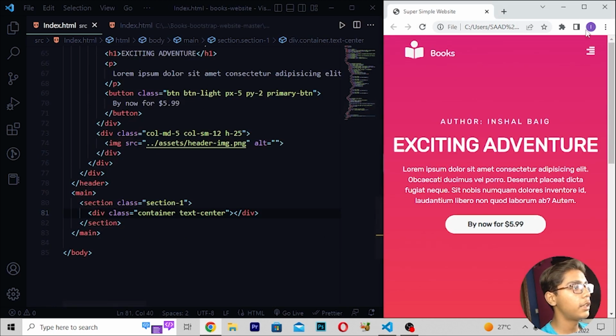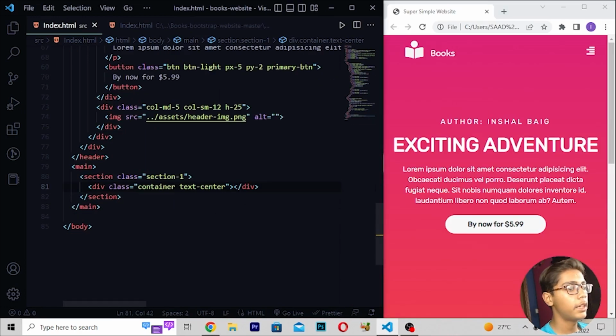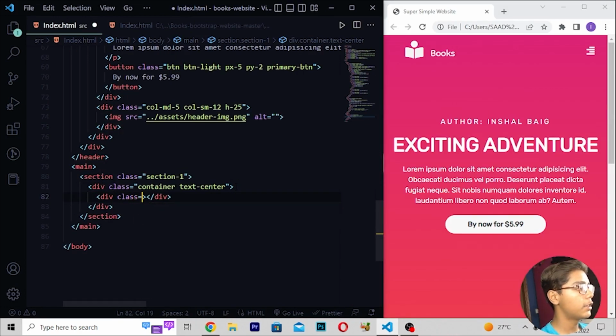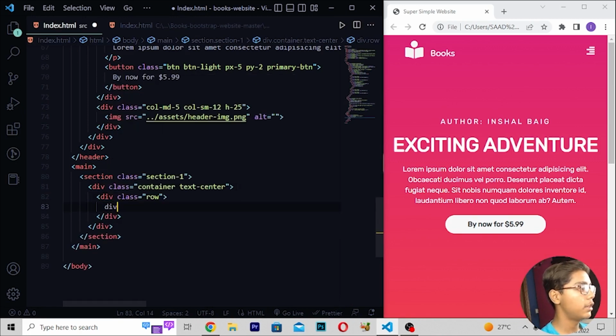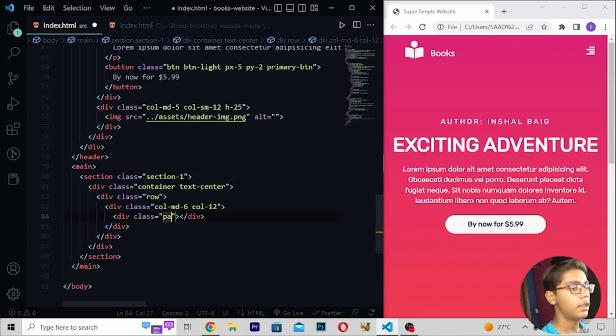So you can see we are getting this. Now I will move in this tag, then write div class row like this, then div class col-md-6, col-12, then div class, and I will write today like this.